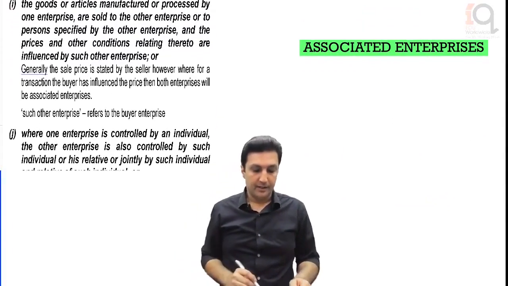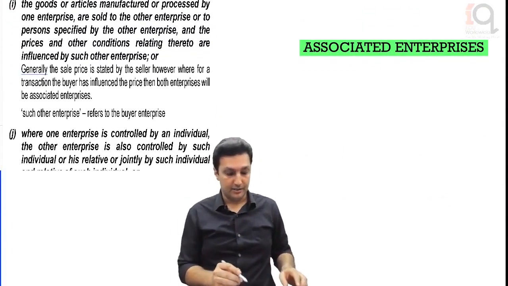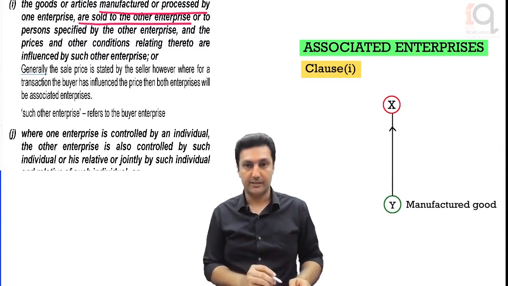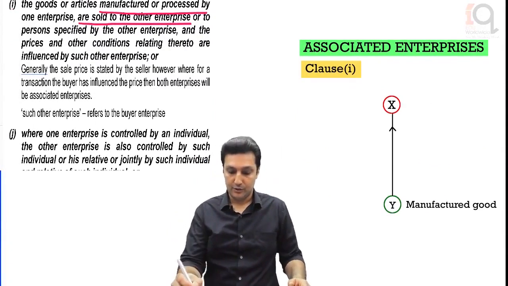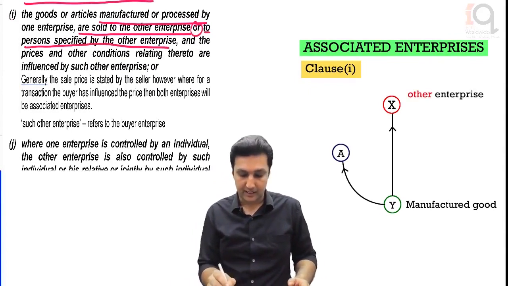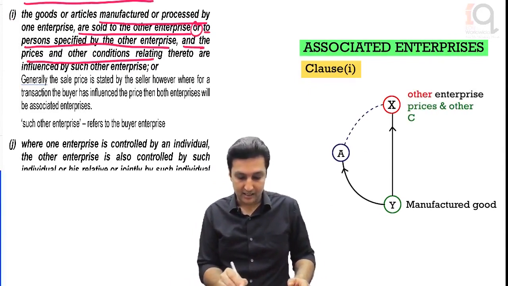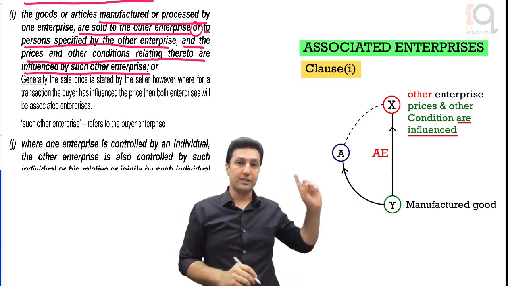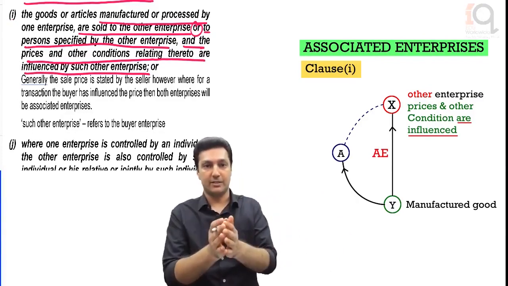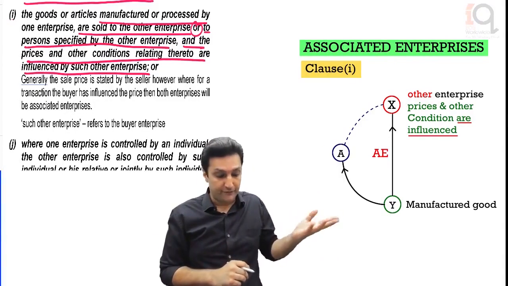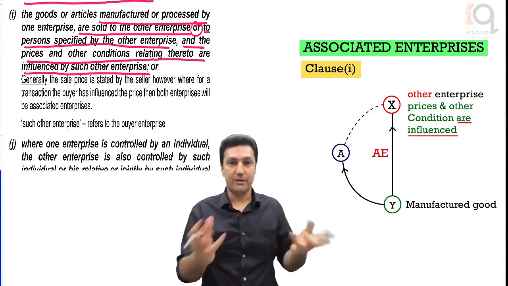Now, goods or articles manufactured or processed by one enterprise are sold to the other enterprise or to persons specified by the other enterprise, and the prices and other conditions relating thereto are influenced by such other enterprise. Now in case of purchase of raw material, remember it has said more than 90%. In case of sale, it does not mention a percentage. So it could be inferred that any sale wherein prices are influenced